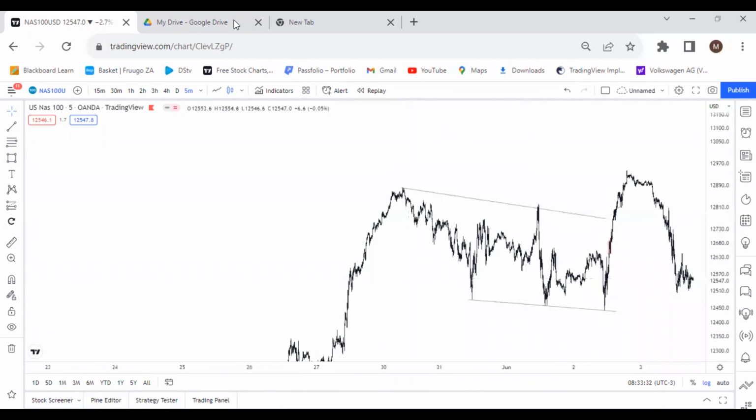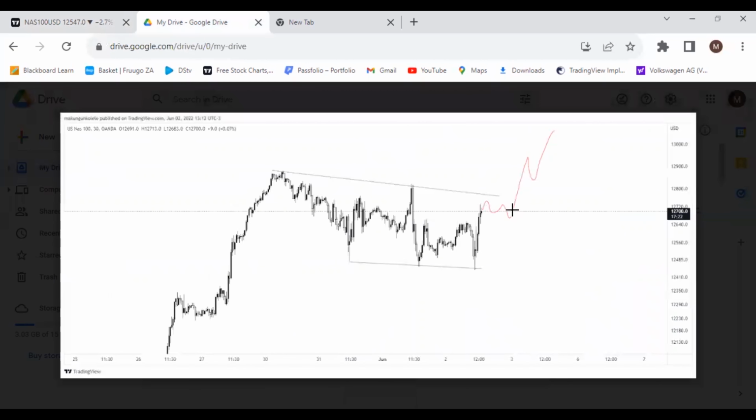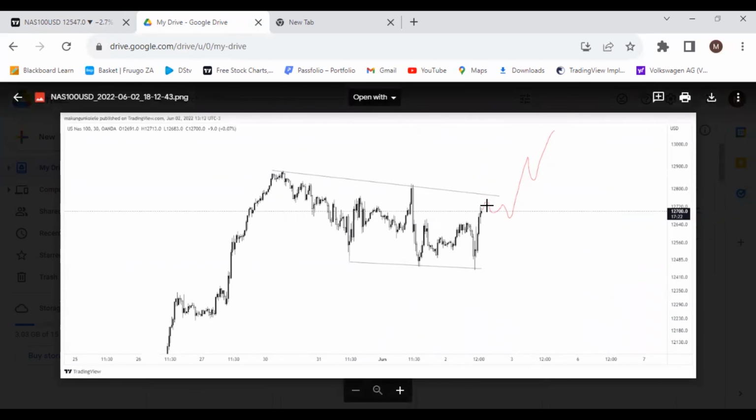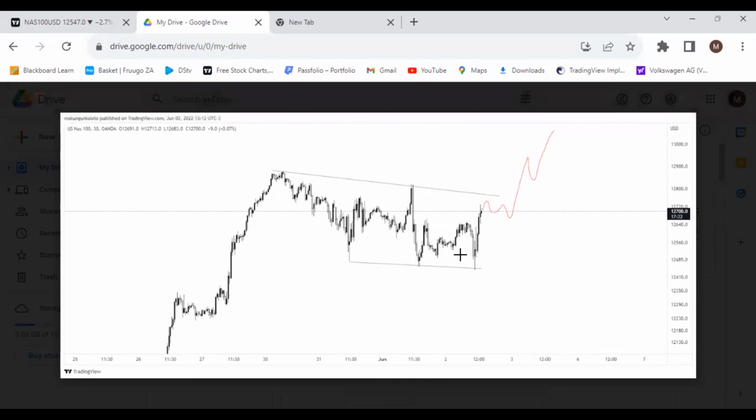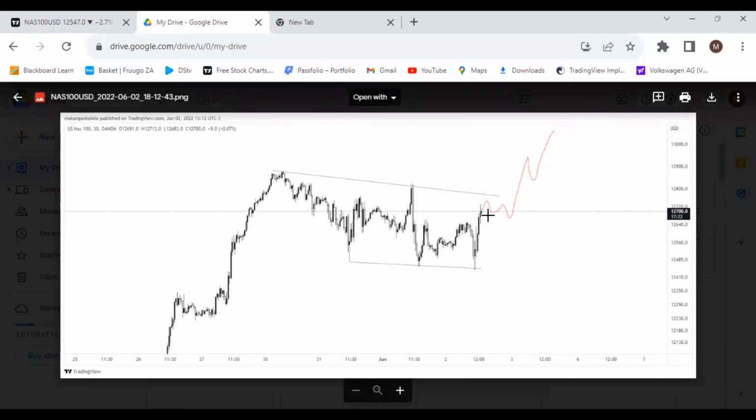So you can see that it followed somehow this formation, and the reason why is because of the power that this third touch has within this corrective or structural movement right here. And this is how I predicted Nasdaq being bullish last week, but it eventually reached a high where it just reversed, and I'm gonna show you guys